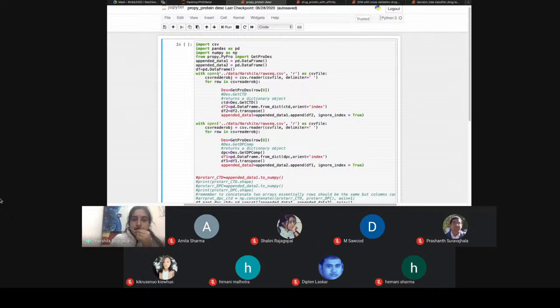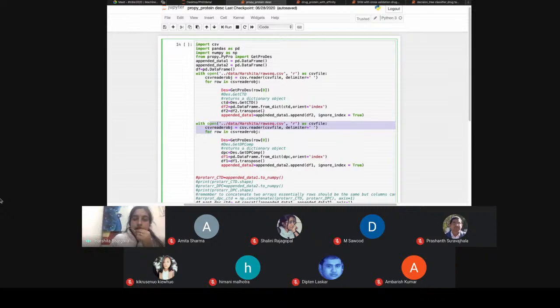For extracting these from this package, what you have to do is supply the raw protein sequences. You have to open this file and read the CSV file. Next, row by row, we take one sequence at a time and form a data frame out of it. After making a data frame, we have to extract all the CTD descriptors for each and every row. These will be appended to this data frame. After that we go to the second category. We'll be extracting the dipeptide composition descriptors also.